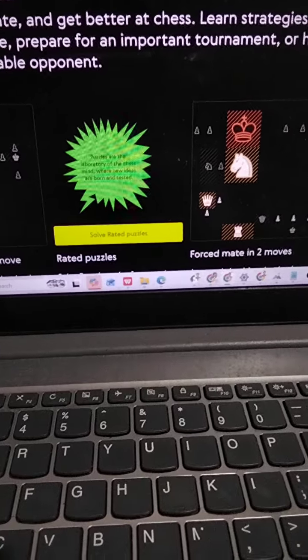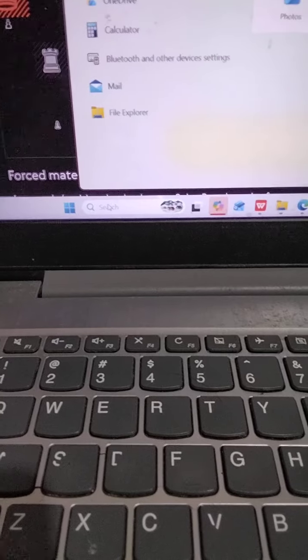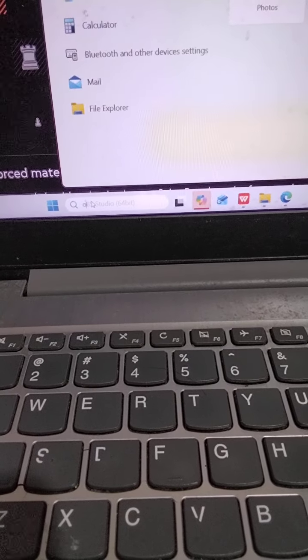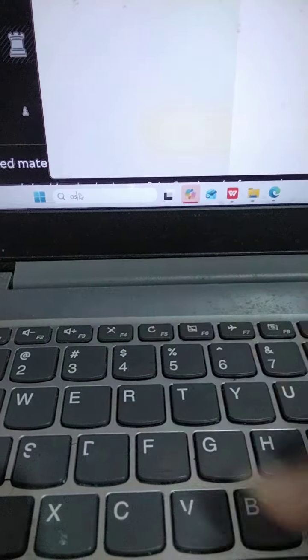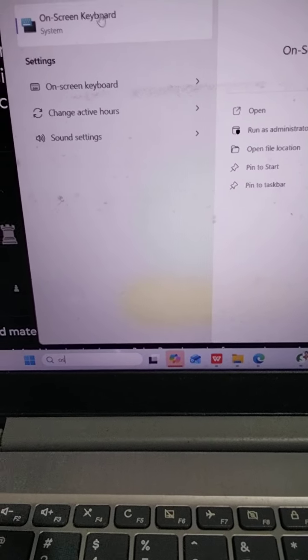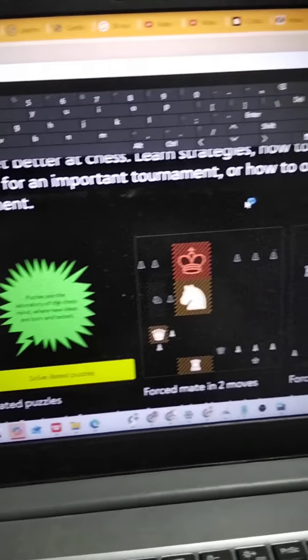Let's say for example, you cannot see it here. You can also go here when you're inside and you want to type and it will not work. You just type OSK, OSK, so you have now the on-screen keyboard. You click that one and it will appear. Okay, so that's a short fix.